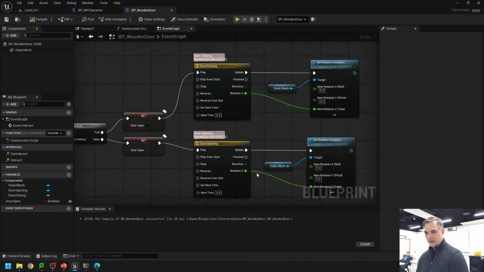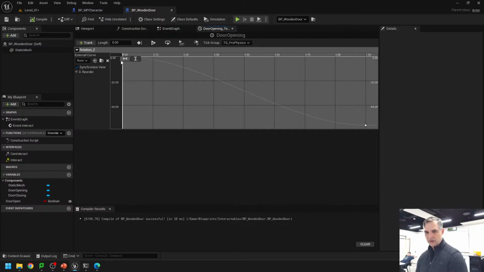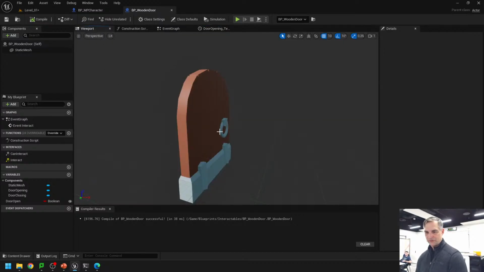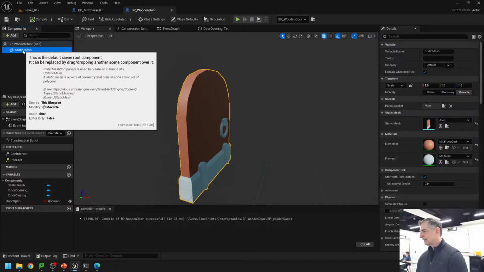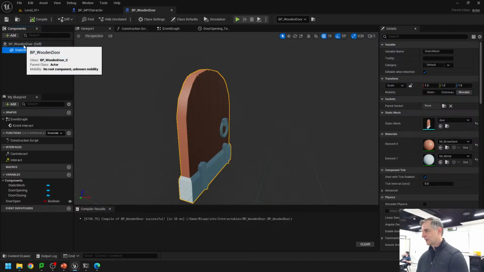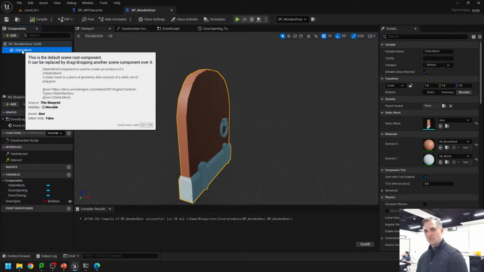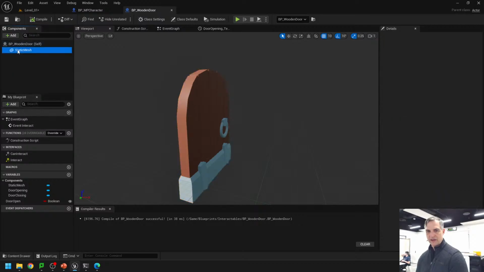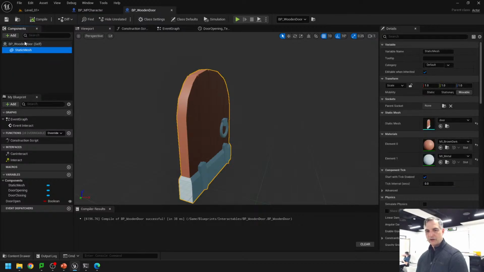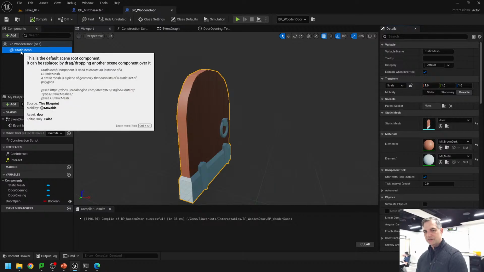And then what about door opening? Door opening starts at 0, 0 and goes to 1 minus 90. So this is good. But if I go to the viewport and look at the door static mesh, there's a couple problems. What I did was I made this, remember I said I was going to make it my default. What if I don't want to? I want to drag it, so I don't want this to be my default,